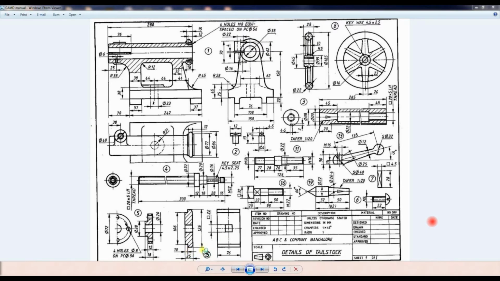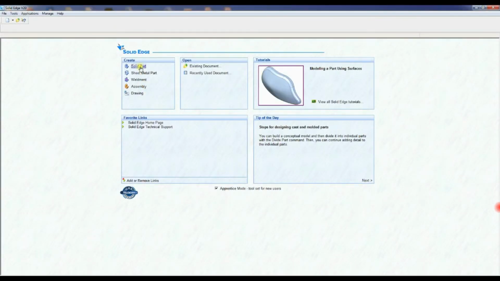Now next part number 15. Length is 126 and the other end is 106, width is 25, and the gap is 10 mm. The center hole is a square hole of 22, distance is 76. Go to solid part,